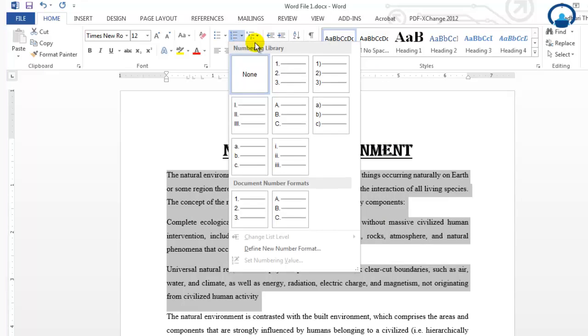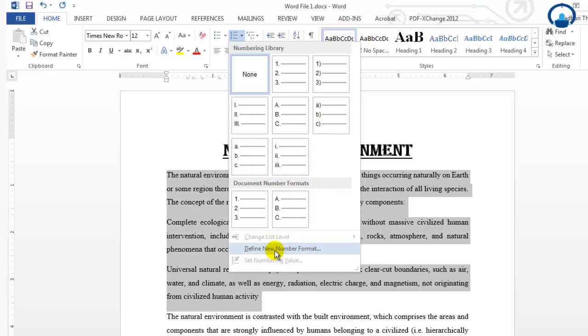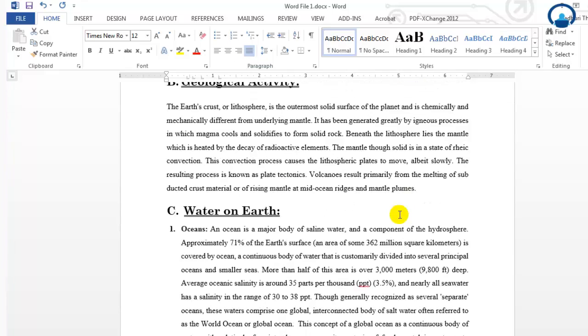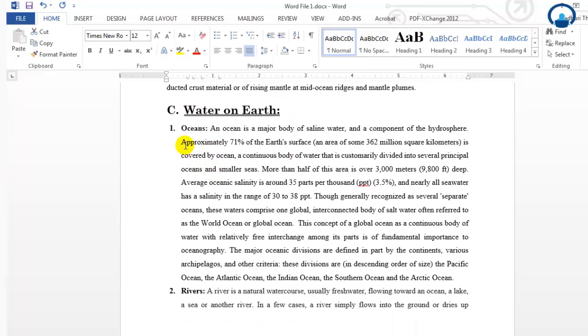Now over here in the numbering you will see that there are various numbers, like you can give Roman numerals in capital letters or small letters respectively. You can give numberings, and you can also define a new number format, like in another format if you want to give a numbering to your particular pointers, you can define it. Now in this particular page, you'll see the topic Water on Earth has so many sub points in it, that is